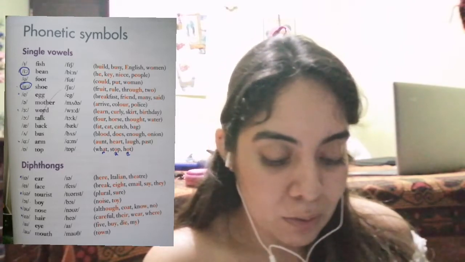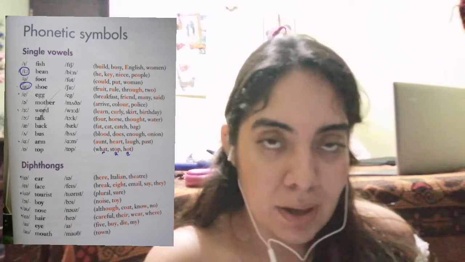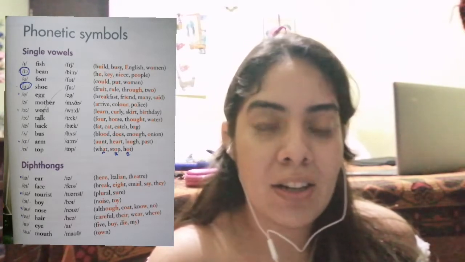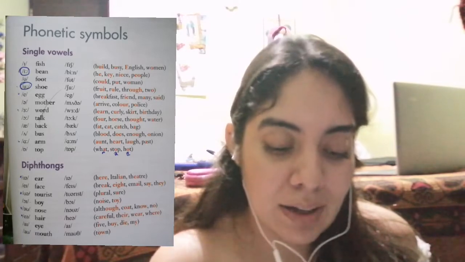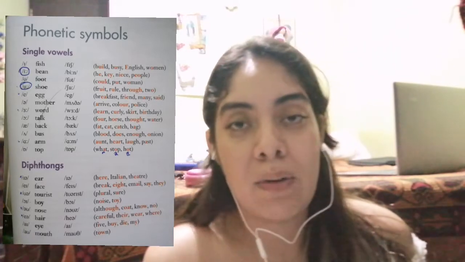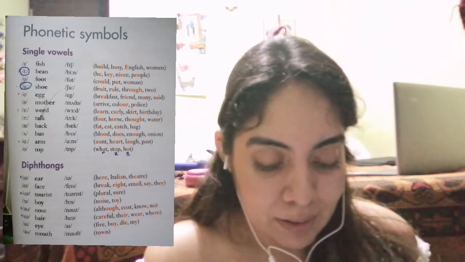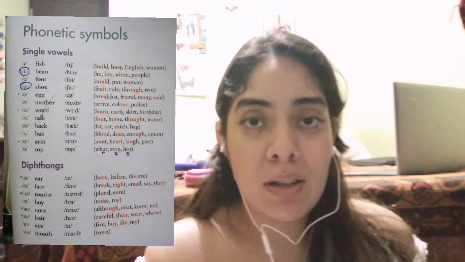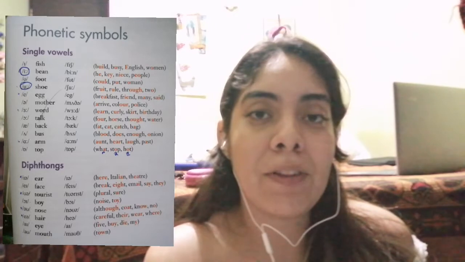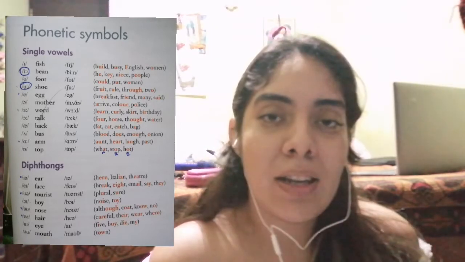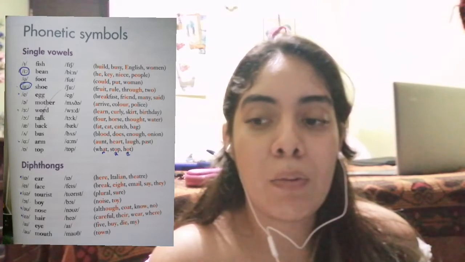And also they write stop and hot with the lowercase a inverted, and we write these words with the lowercase a normal. Another one is the word what, they write the grapheme with the lowercase a inverted, and we write what